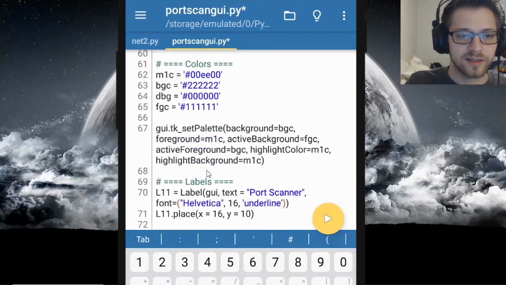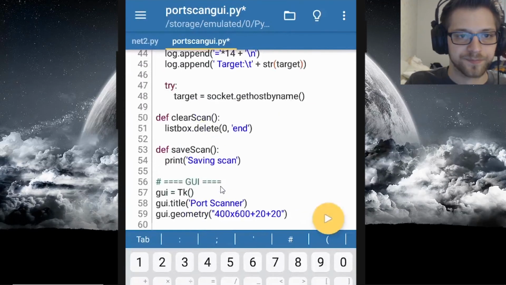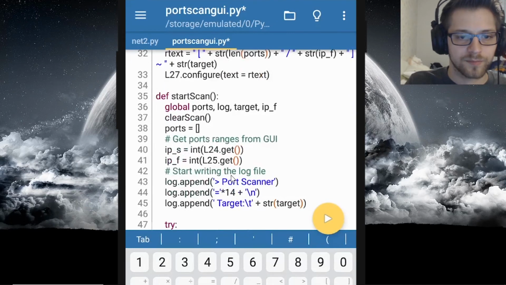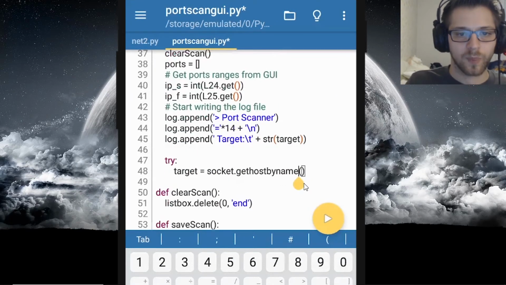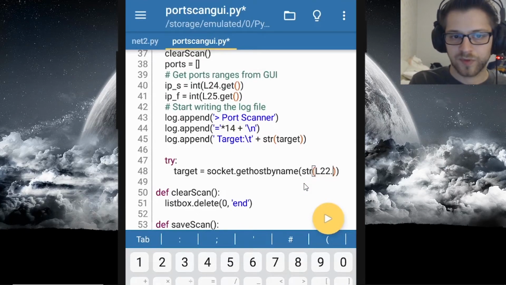And we need to get the label L22, which is the target. So let's write here string L22 dot get,